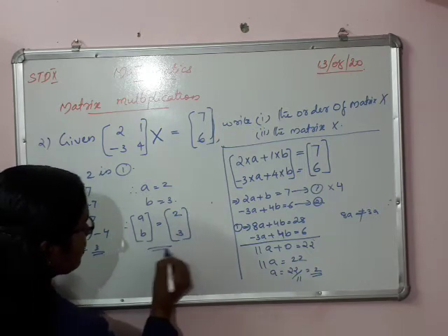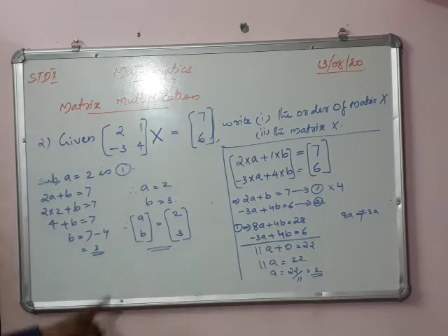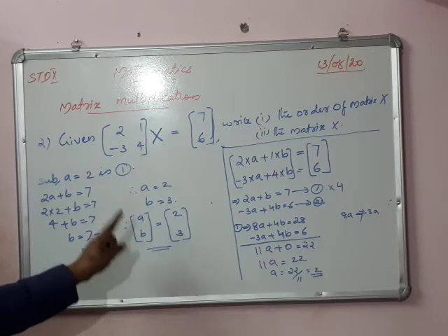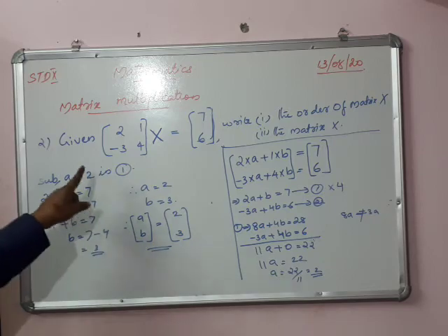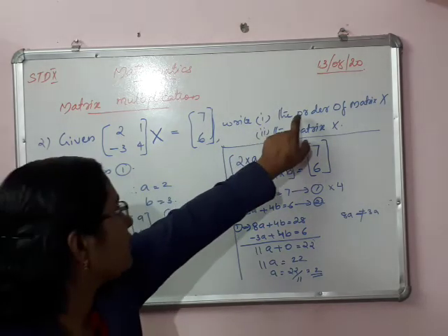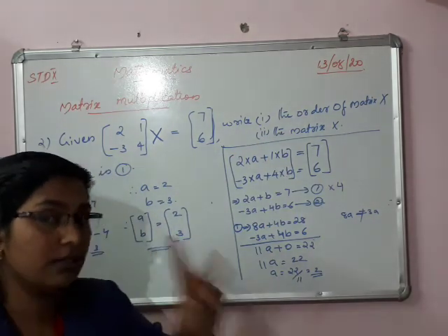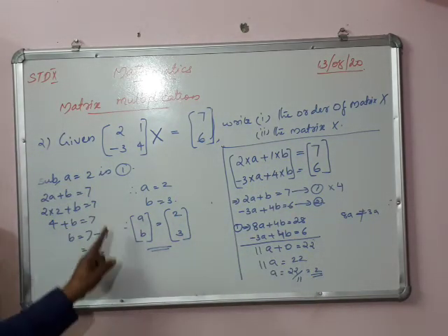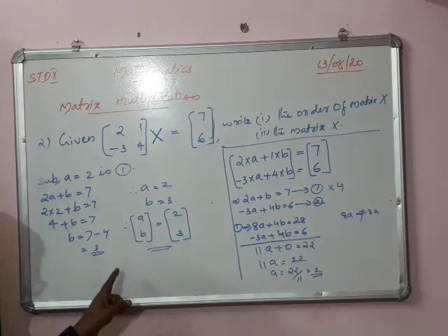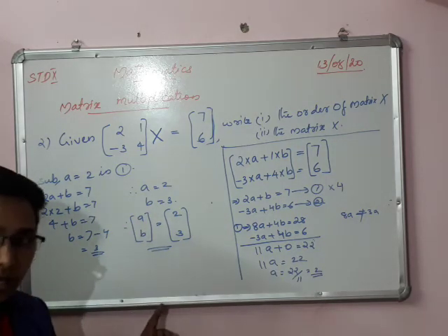How many marks? It is a 4 marks question. That is a 2018 board exam question, 4 marks. Writing the order of the matrix is 2 marks, then the remaining 2 marks. So write it carefully in your notebook. Try to solve many questions based on this. It is a very easy chapter, and you can score marks also.